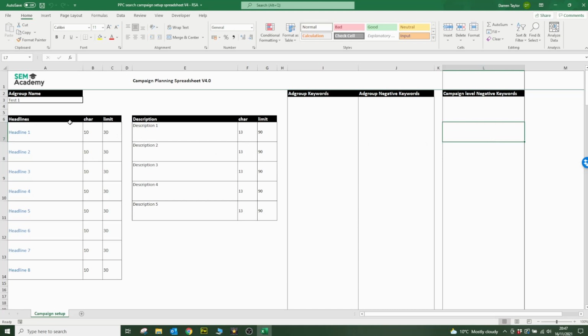Next, you have your ads as well. So of course, when you're writing ads on Google, nowadays you have to stick to the format of responsive search ads. Google are getting rid of standard text ads, so writing ads becomes much more of a chore than it used to. This spreadsheet is going to help you, because it's going to let you plan your ad content ahead of time,